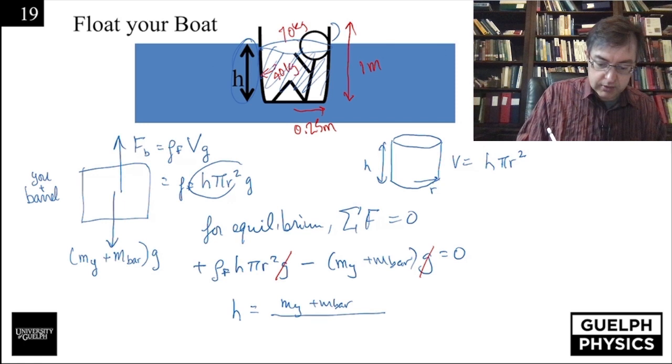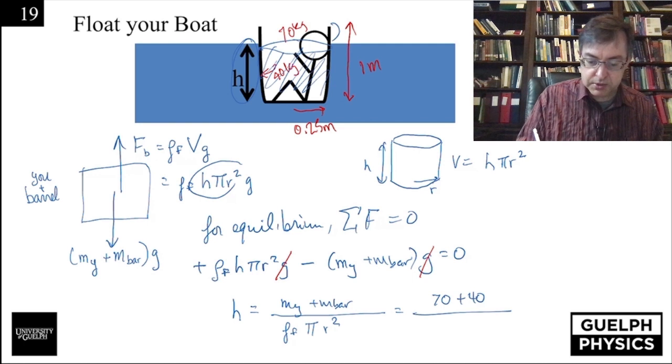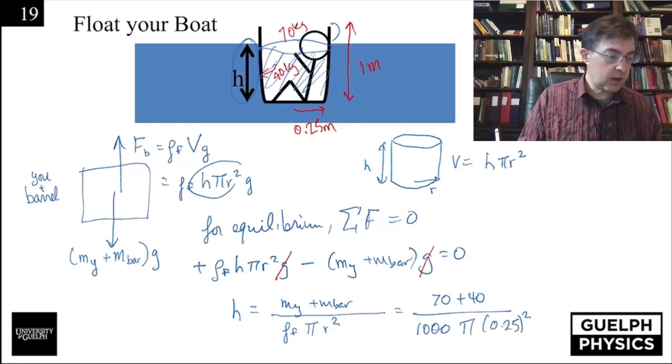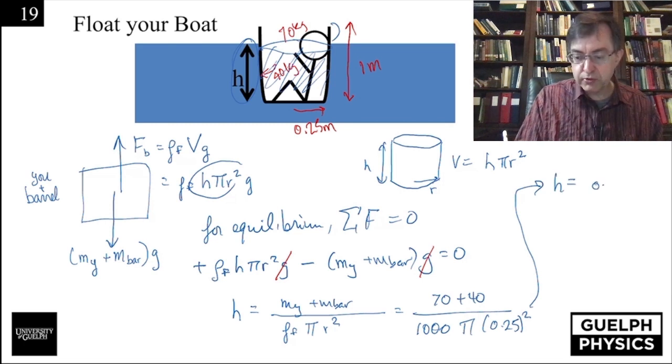And then I divide that by rho f pi r squared. And I can write that then as your mass, which is 70 kilograms, plus the barrel's mass, which is 40 kilograms, over the density of the fluid, which is 1,000 kilograms per cubic meter, times pi, times r squared, which is 0.25 squared. And if I work that out, I get a height which works out to 0.56 meters,